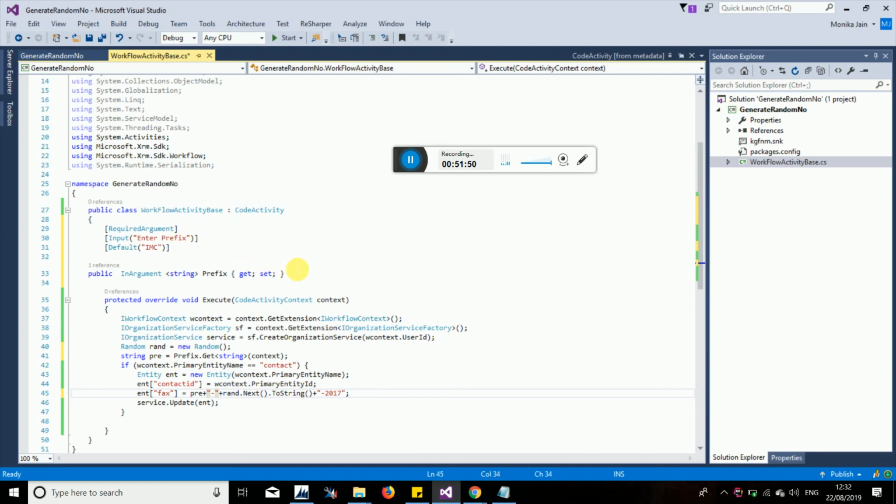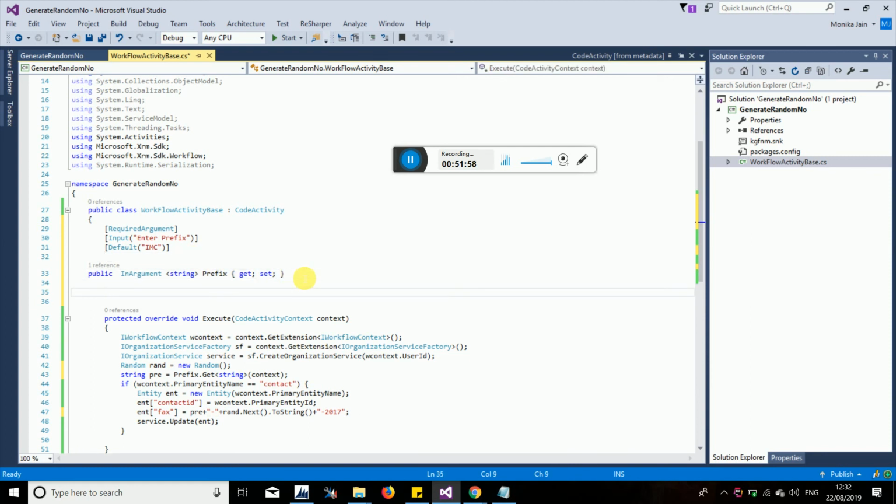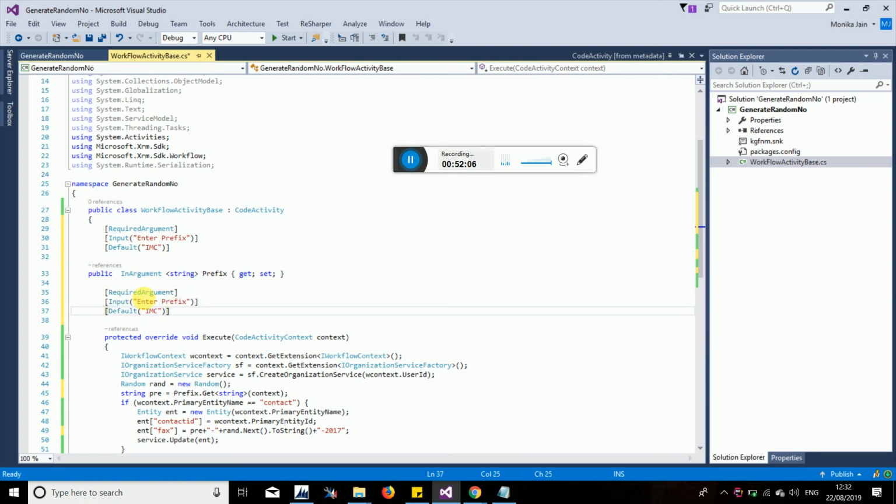So for that, again here I can write, these things will be common only, so I can simply copy and paste here, and instead of prefix, suffix, right? And this default value I am giving 2019. User can configure and then it will be overridden.